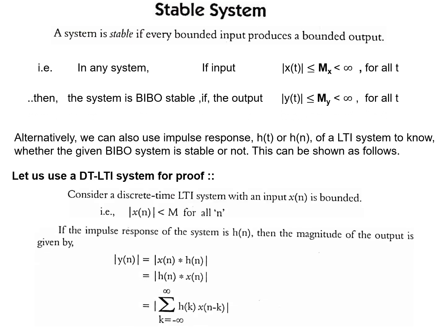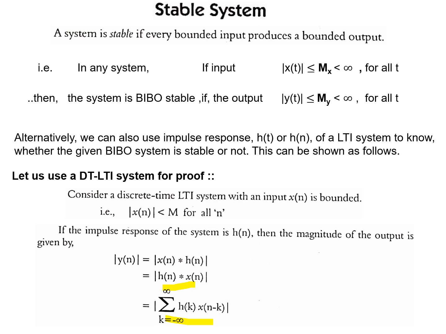Now what I did is I took x of n convolution h of n. Then using the commutative property of convolution, which I discussed in the previous video, I can also write it as h of n convolution x of n. Then I'll expand the formula within the modulus sign. So h of n convolution x of n is equal to modulus of summation k ranging from minus infinity to plus infinity h of k into x of n minus k. This modulus is there in the previous equation also, so the modulus continues. This much is the expansion of h of n convolution x of n.